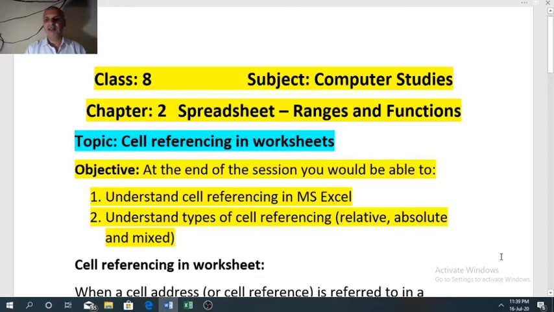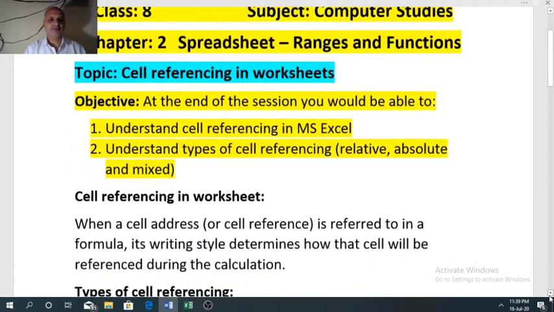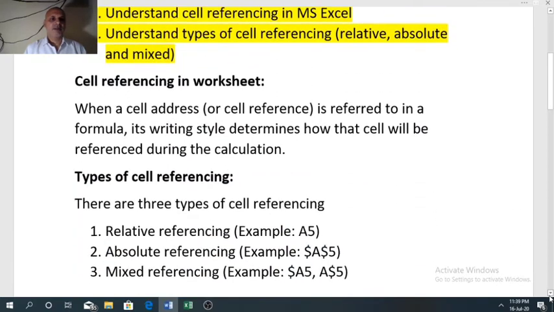What is cell referencing? Before starting cell referencing, let me introduce you once more to cell address.